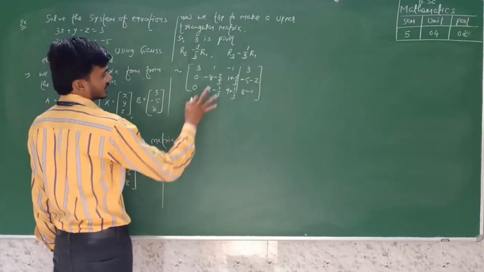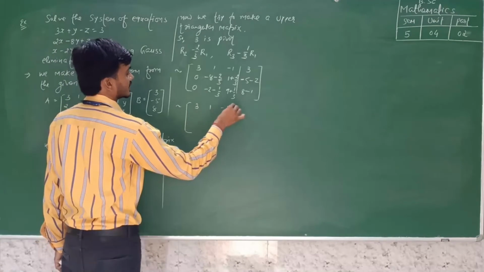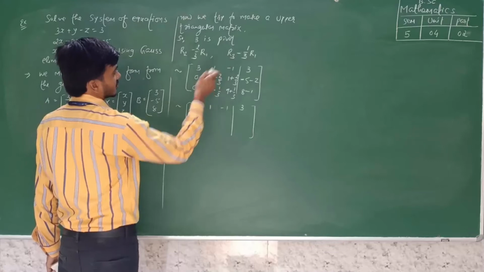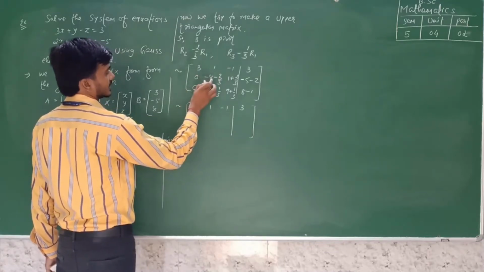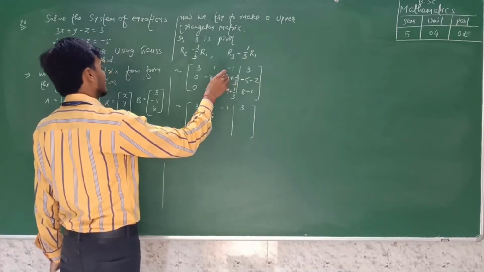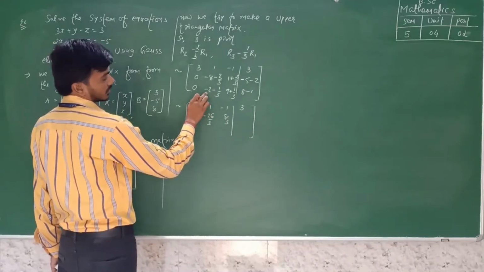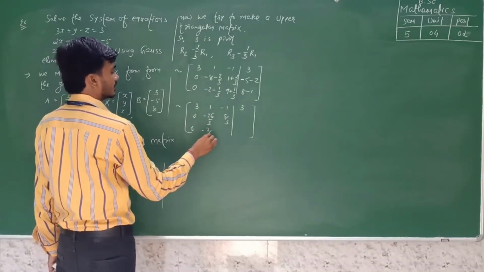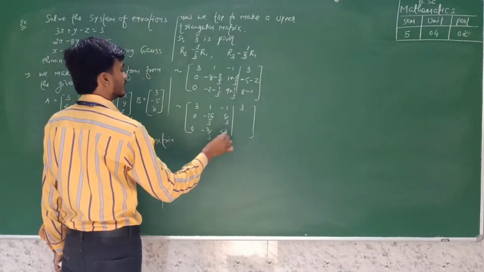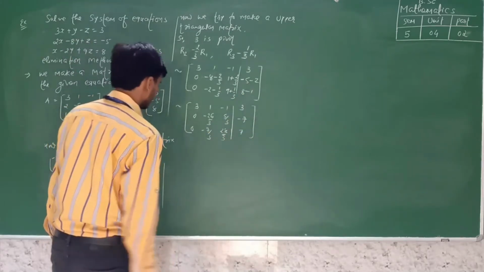So these types of values are there. So first row 3, 1, minus 1, no changes in the first row. Second row will be changed and third row will be changed. So 0, minus LCM, minus 24, minus 26 upon 3. 3 into 1, 3 plus 2, 5 by 3. Here 0, minus 3 to minus 6, minus 7 by 3. 3 into 9, 27 plus 8, 28 by 3. Here minus 7 and 8, minus 1 plus 7.